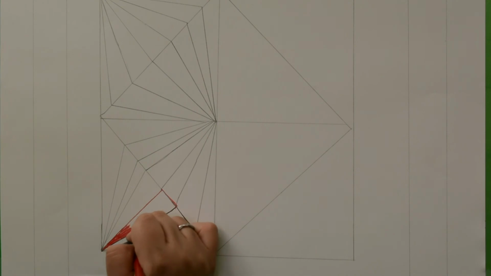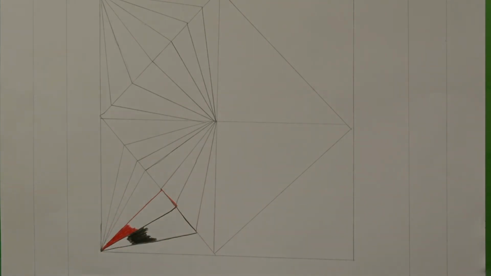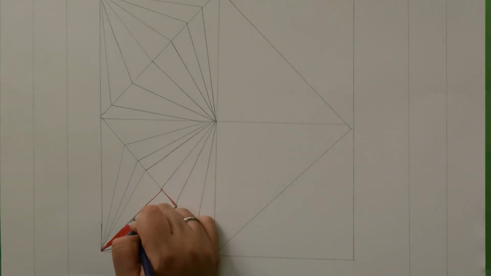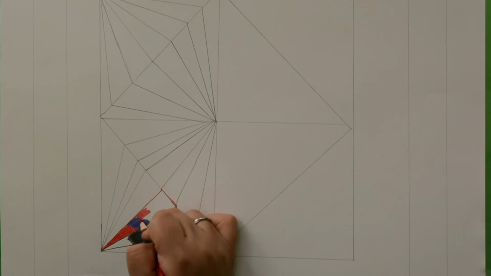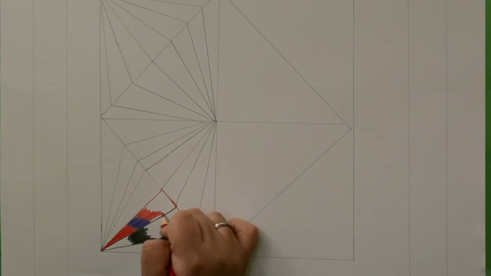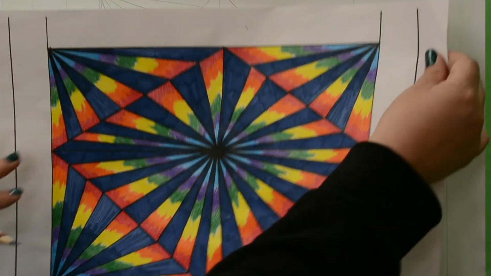You can do this however you like. The point is to be creative, use your imagination, and then at the end, this is not so much of a bright purple, it's more of a violet. I'm just gonna go ahead and just do a pattern. So you can do whatever you like. You get the idea. At the end, you should be able to come up with a coloring